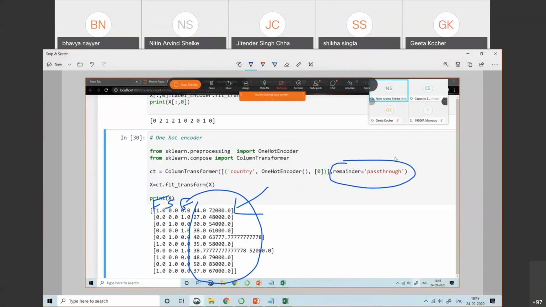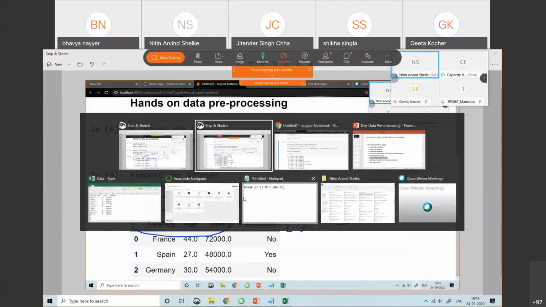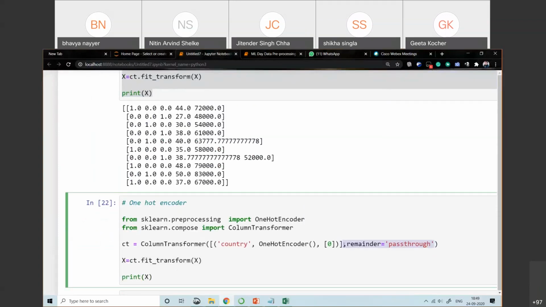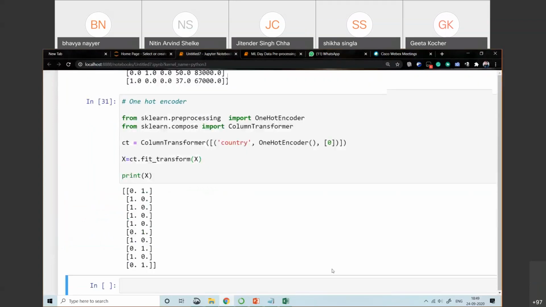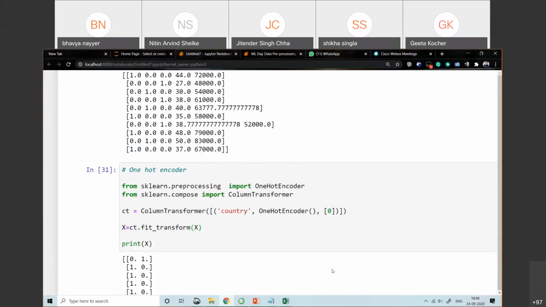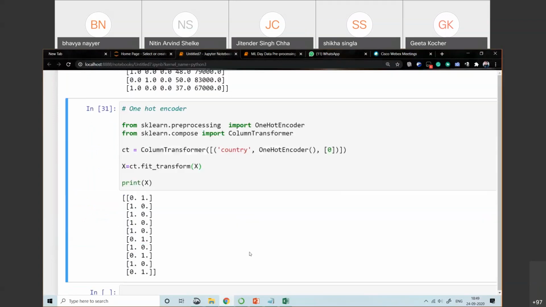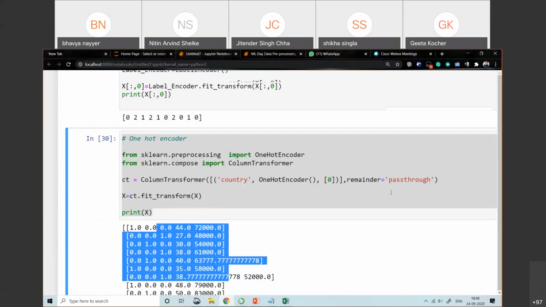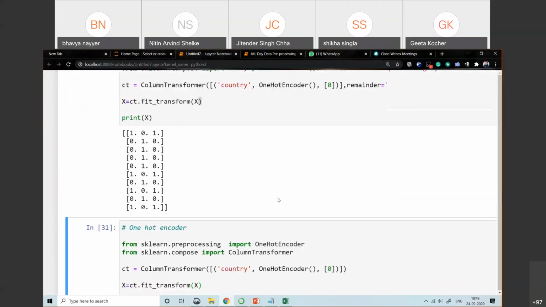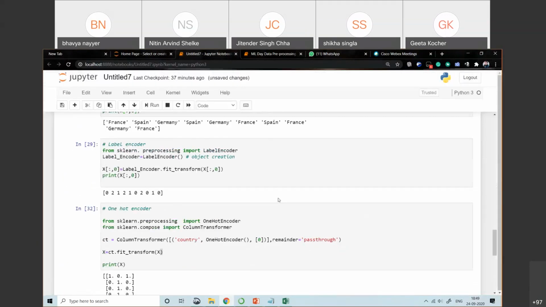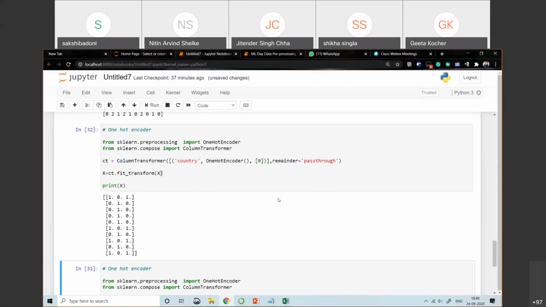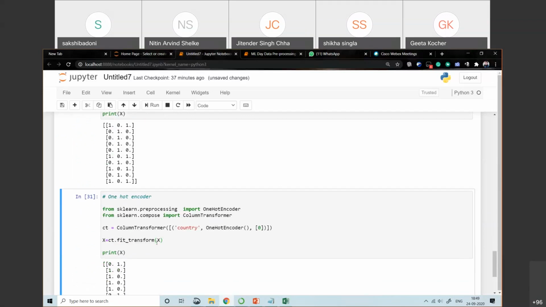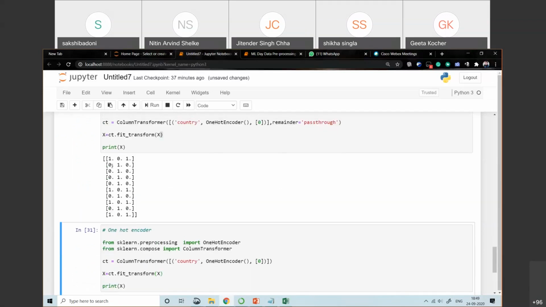If you ignore this one, let's suppose I ignore that one, reminder is equal to pass through. Okay, now let me just print here. So observe here what you are getting. You will just get these two things. Okay, the remaining part you will lose. So that's why we use this reminder is equal to pass through. Now once again we need to do the same thing, because we are just replacing all the values. That's why our original x value gets changed, and because of that I am getting such a type of output.